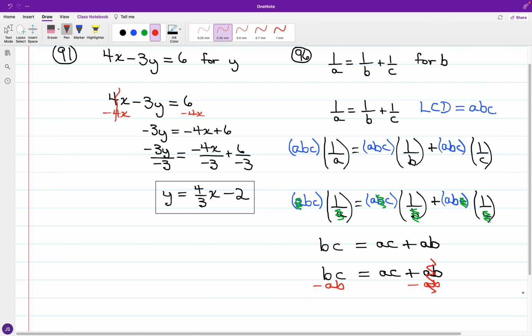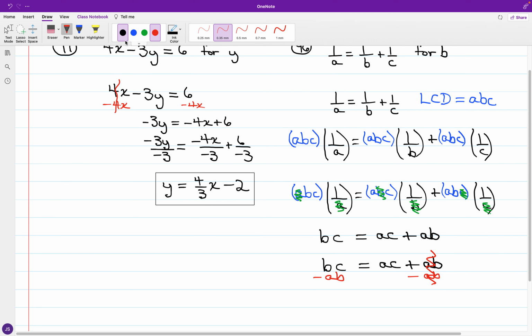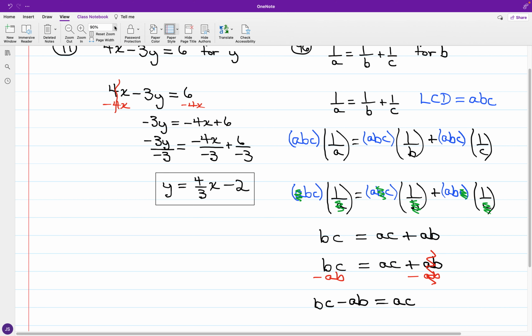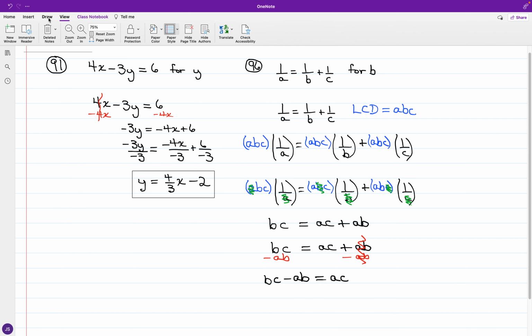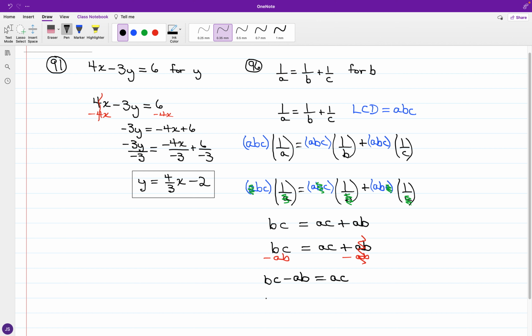So I can move to AB, okay, and now we're at BC minus AB is equal to AC. Now we have a couple of B terms, and I'm trying to get it down to a single B term. For the follow through, for the difference of the terms, we have a common factor with B, so I can express the difference between BC and AB in factor terms. So we have B times the quantity C minus A